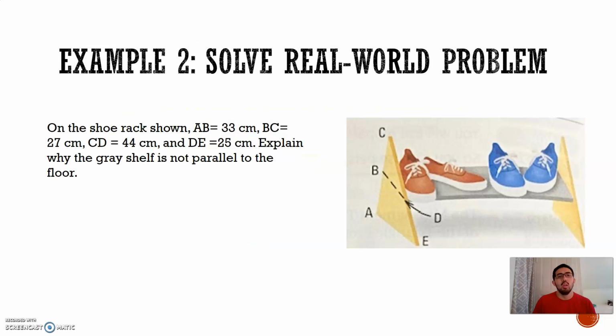Okay. If you have this shoe rack, right, and you're wondering if the gray shelf is parallel or not to the floor, well, what we can look at is the ratio of AB to BC versus CD and DE. Okay? Well, CD to DE is equal to 44 over 25. Then I should be taking AB